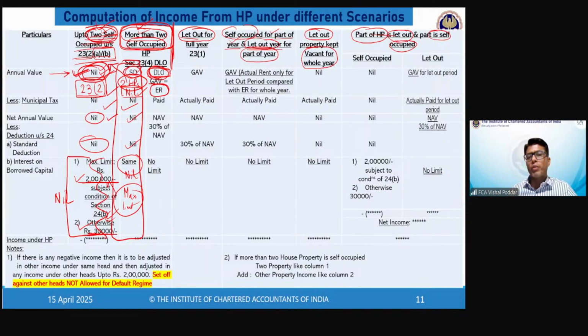दो से ज्यादा जो सेल्फ ऑक्यूपाइड प्रॉपर्टीज होंगे, अब हम उनको सेल्फ ऑक्यूपाइड नहीं बोलेंगे, now we will call them as deemed to be let out. And the moment they are deemed to be let out, you will have GAV, which is ER. अब म्युनिसिपल टैक्स आएगा, which is the amount paid. तो अब NAV भी आएगा, दोनों का डिफरेंस। NAV आया तो उसका 30% आएगा, which is स्टैंडर्ड डिडक्शन। और अब आपको इंटरेस्ट लेना है पूरा, जितना आपने पिछले वर्किंग में कैलकुलेट किया। It can be any amount, 2 लाख, 5 लाख, 10 लाख, आपको पूरे इंटरेस्ट का डिडक्शन।